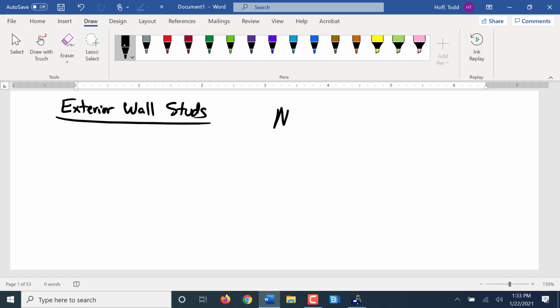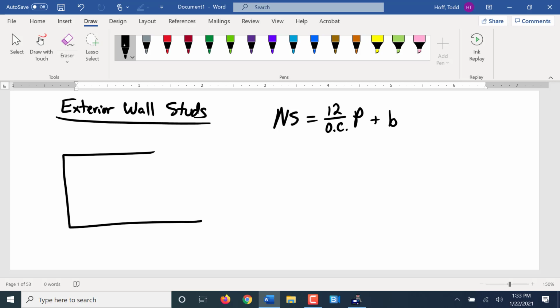Exterior wall studs, NS stands for the number of studs, is 12 over the on-center spacing times the perimeter of the house plus some constant B, and we'll talk about B in a minute. So let's say our house is 36 foot by 48 foot again. So the perimeter was 168. Yeah, you're thinking the number of the area. So the number of studs,